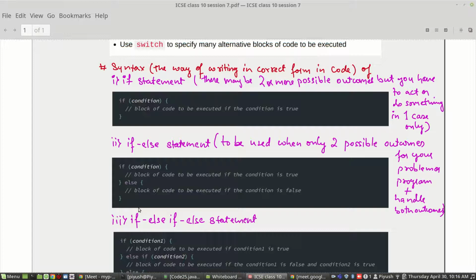However, when there are multiple outcomes possible, but we have to handle only 2 of them from a collection of possible outcomes, then in that case we use the structure known as the if else block, right?